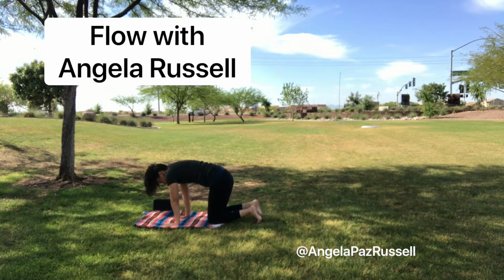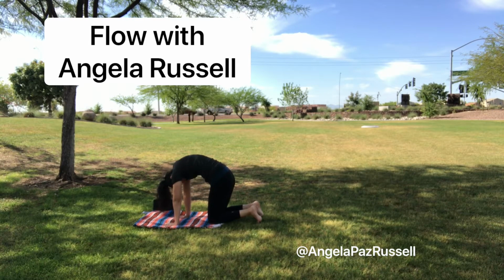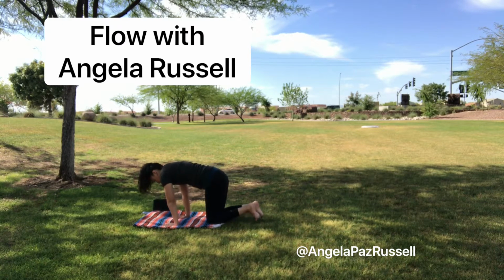So onto hands and knees, and then we'll move through cow, belly down, heart forward, and then into cat. Tuck chin to chest, round and arch the back up. Inhale, draw the belly down, pull the heart forward, lift the tailbone up. Exhale, chin to chest, rounding, arching, lifting the spine up. And then move back through cow pose. Cow pose stretching the front of the body, cat pose stretching through the back of the body,